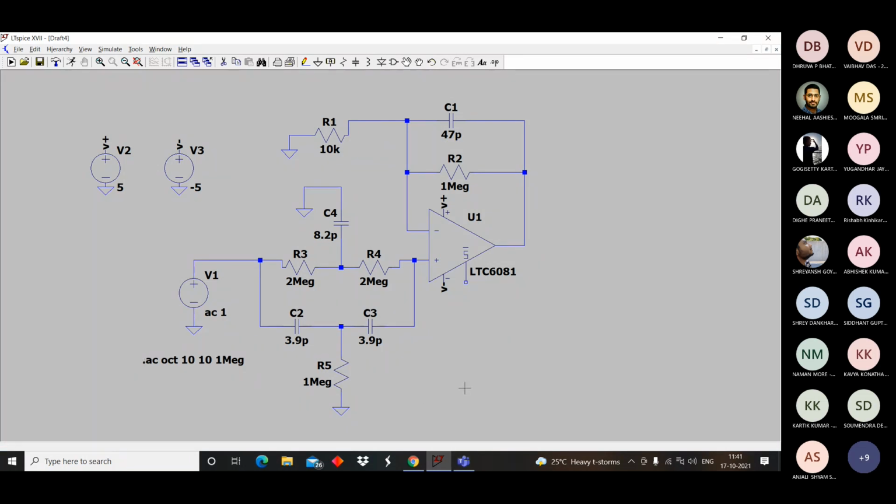So if anyone has any doubt related to any of the components or have not been able to follow, just let me know. Otherwise, I'll move on to the simulation part and analysis of the graph for the given design.